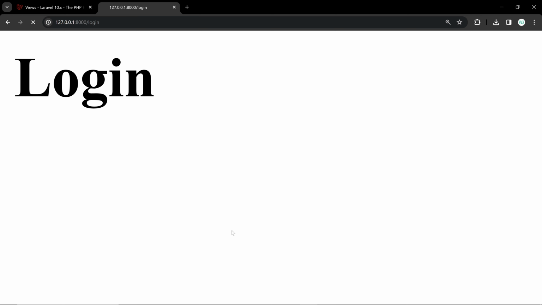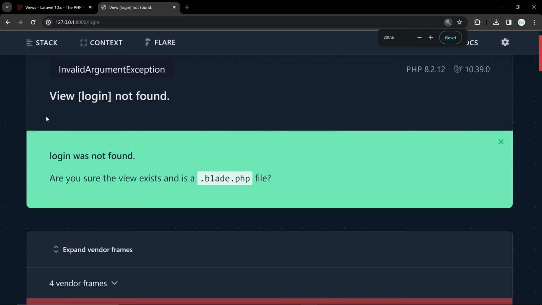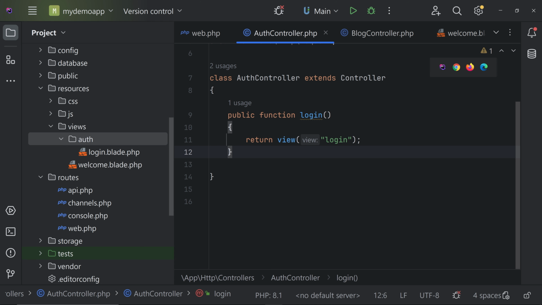Okay, let's refresh the page and you can see we are getting an error. Here it is saying view login not found. That's because we have moved the login file inside the auth folder. So let's specify that. In order to specify that, we can come here and type auth,